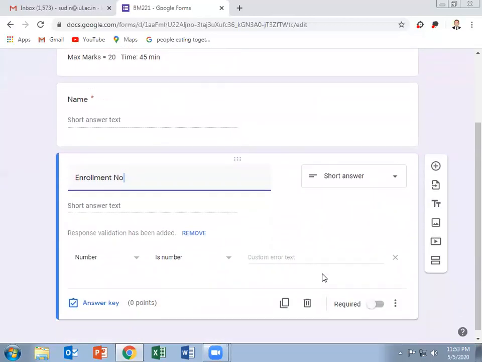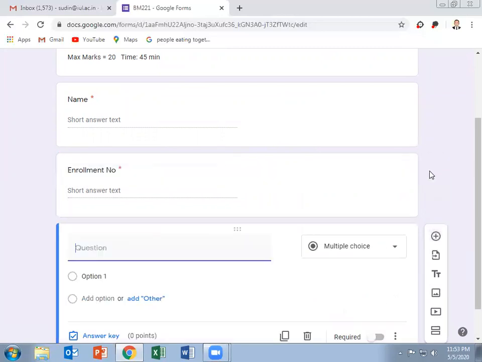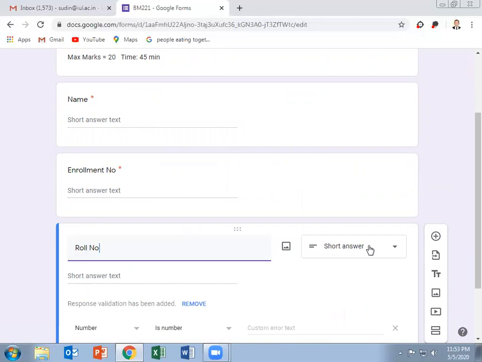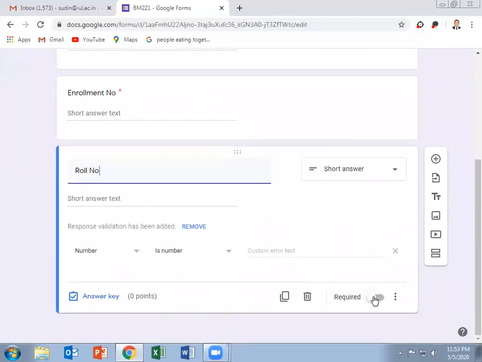So we need that also. So we'll click on this. The question is also mandatory for him to fill. Then we have to ask the roll number of the student. This is also short answer and it is required.